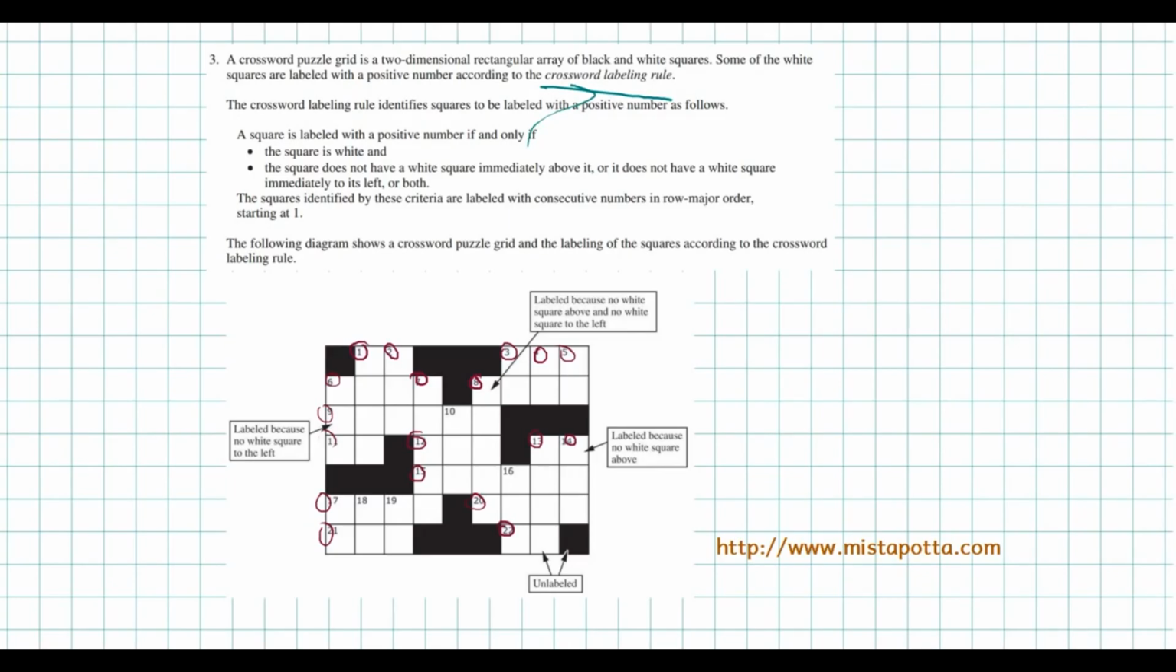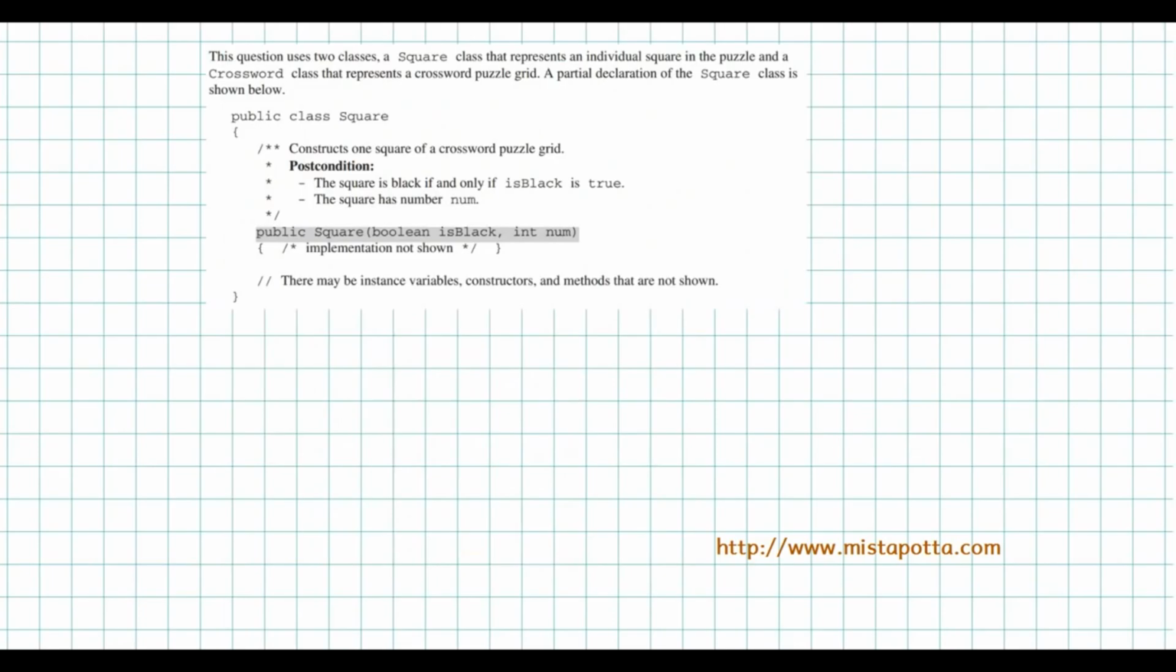And we're going to be starting at 1, and we're going to be going from left to right and top to bottom. So our objective here is to work with this square class. This square class has a constructor which we don't care how it works, but we're going to be creating square objects. This is going to be one square of the crossword puzzle, and it's going to keep track of whether or not it's black, and if it has a number. Keep in mind that if it doesn't have a number, as we'll see later, we're going to put a 0